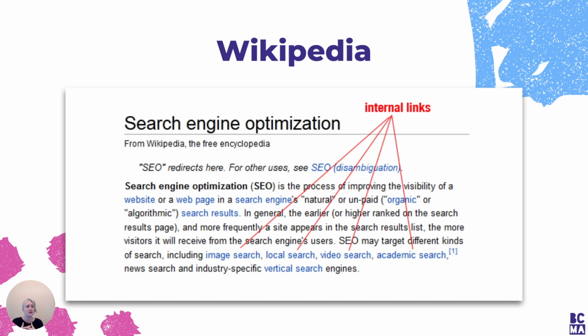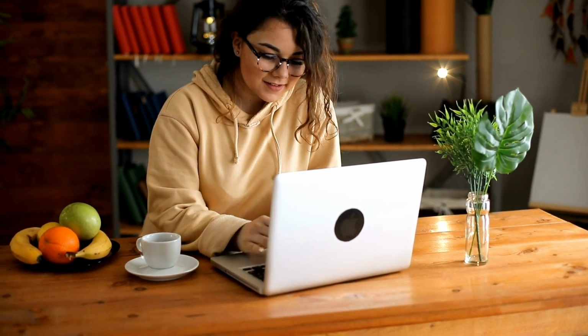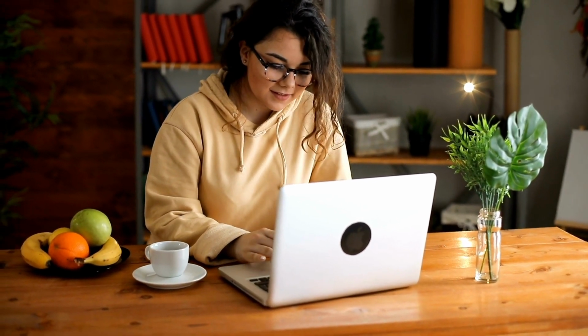You don't have to go to the extreme that Wikipedia does within your own website, but just think about whenever you are adding more information to your website, whether you're building a new product page or you're writing a blog post, what are the other parts of your website? What are the other pages or products that you can link to, to help other people find the similar relevant information, and help the search engines find that similar relevant information or similar product?